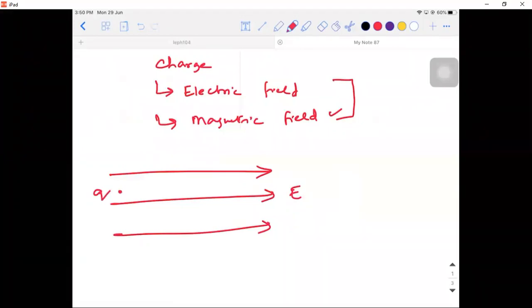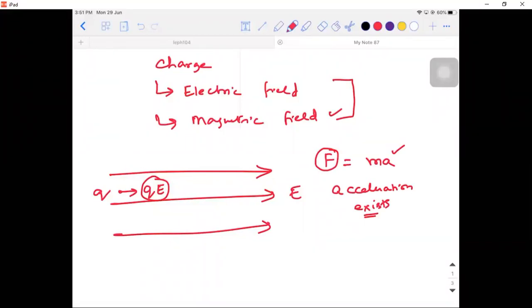Okay, I place it. I'm using the word place. There are 2 words I will be using always. One is placed, one is projected. So if I place a charged particle, what is going to happen to this? It experiences a force, a force of value qE. So force will give rise to what? Force will give rise to acceleration. We know this, right? From Newton's second law, F is equal to ma. Wherever there is a non-zero force existing, I can say that the acceleration is non-zero. So acceleration exists, right? So this is going to happen only with the help of whom? Only with the help of the electric field.